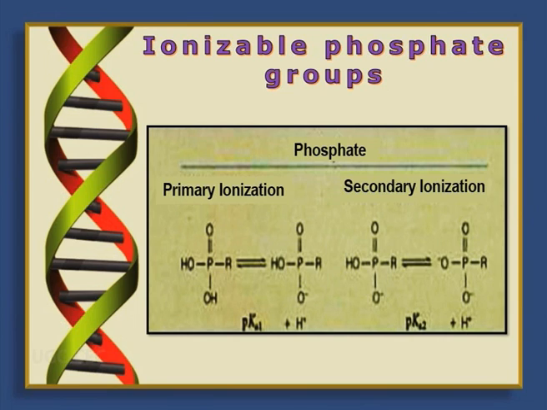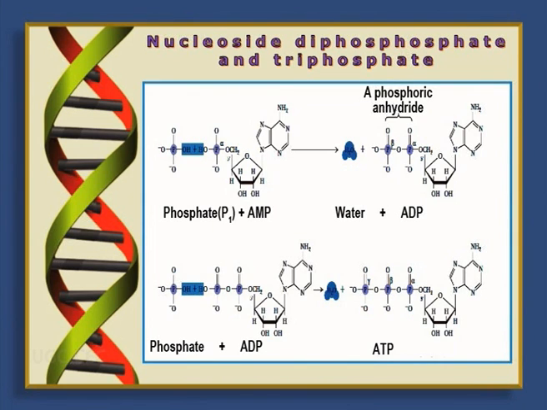At neutral pH, the ionizable value of a nucleotide is -2 due to the presence of ionizable hydrogen atoms. Further, a nucleoside can be not only a monophosphorylated form; it can be further phosphorylated to form nucleoside diphosphate and nucleoside triphosphate, respectively. Nucleoside diphosphate or triphosphate are formed with the addition of one or more phosphate groups to the phosphate present in the nucleotide with the help of phosphoanhydride linkages. Both nucleoside diphosphate and triphosphate are polyprotic acids as they release more than one proton into the aqueous solution.